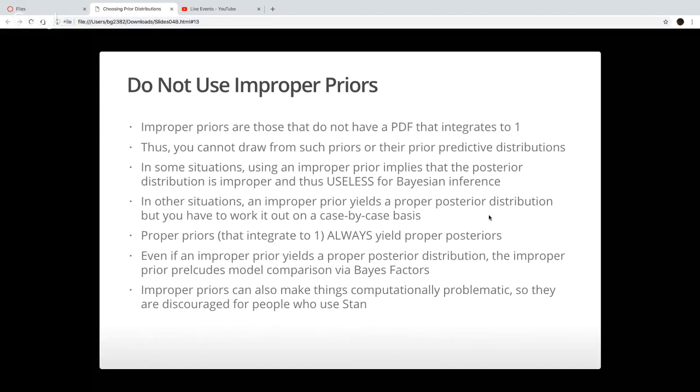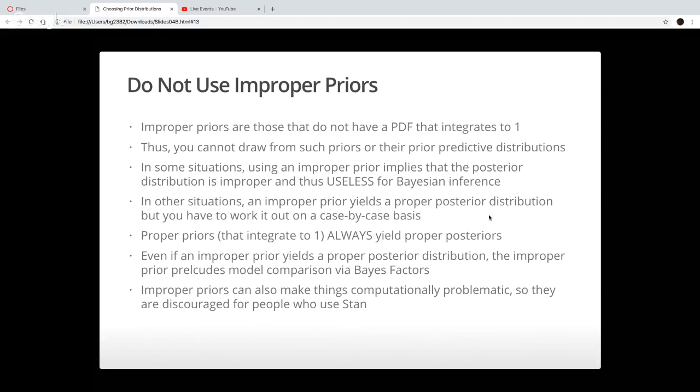And then you have something that's completely useless for doing Bayesian inference or taking the expectation of a utility function or anything like that. So in some situations, it's possible to use an improper prior conditioned on data and still get a proper posterior distribution, but you have to establish that on a case-by-case basis. If instead you use proper priors, ones that do integrate to 1, those are always going to yield proper posterior distributions. So you're safe, and you don't have to establish on a case-by-case basis that your posterior distribution is